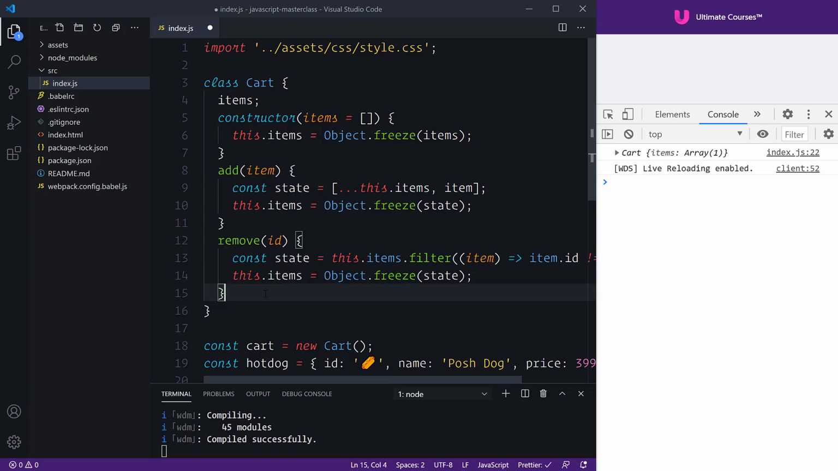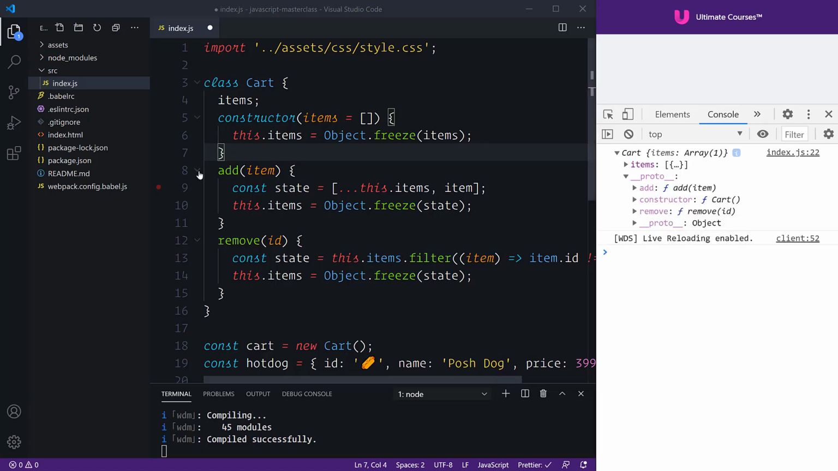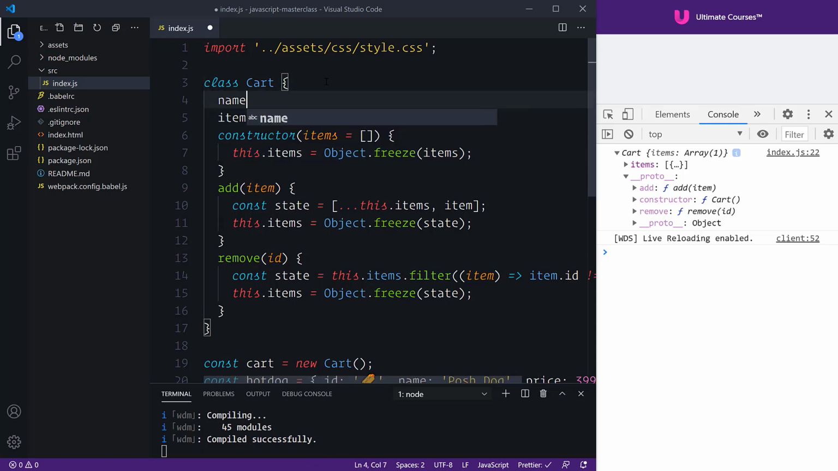Now, what I want to talk about is this static keyword first, and then we'll talk about these properties and how to initialize them. At the moment, you can see that we have our cart and it has our items, and the prototype has our add and remove. So we can see those nice and cleanly. We also have this constructor, which then contains our constructor logic. Now, at the moment, we are using an Object.freeze when we construct our cart. However, we have the complete ability to do something like this, where we say name equals, and we'll just call